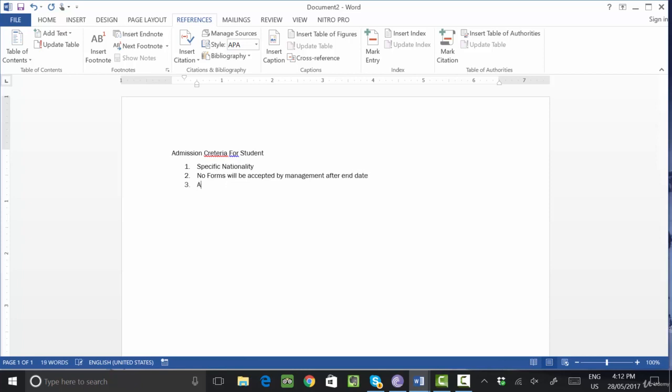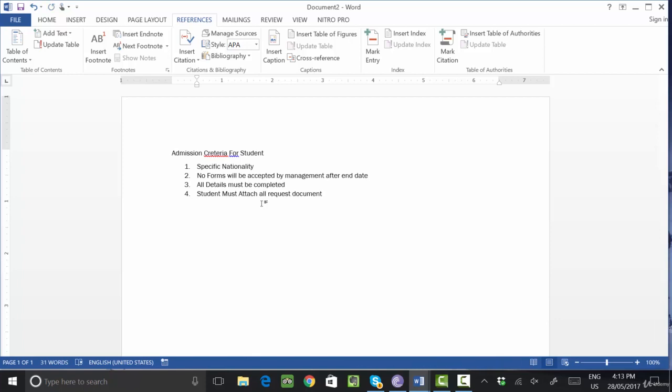Okay, all details must be completed. Student must attach all requested documents. For example, this is the criteria of your condition.